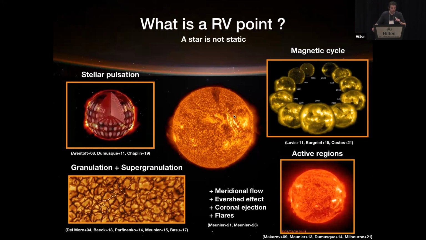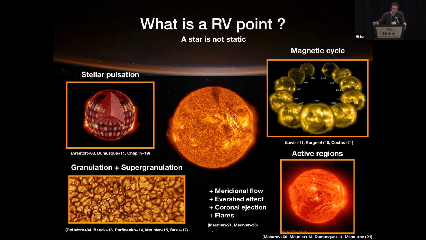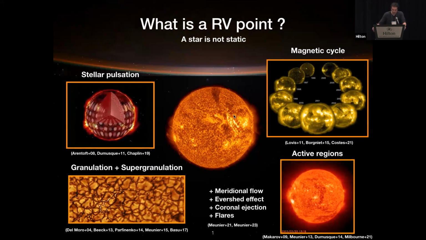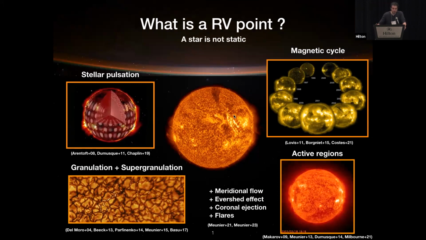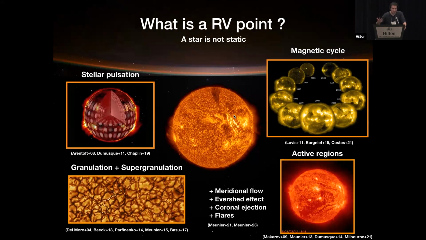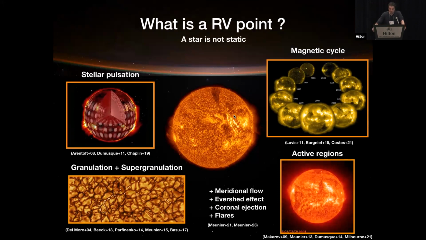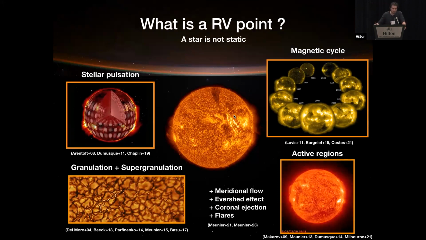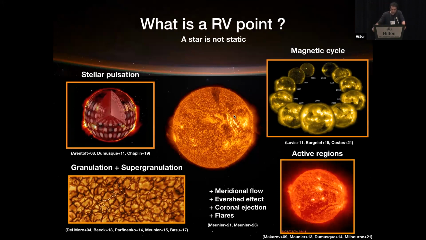Okay. Hello, everyone. I have the difficult task of trying to explain all the physical processes that are acting at the surface of the star. One thing we can say is that when we were in high school, in physics, we all learned that when we design an experiment, we only play with one parameter. The problem is that we cannot build a star, so we have to live with that, and you have different processes acting at the surface of your star.